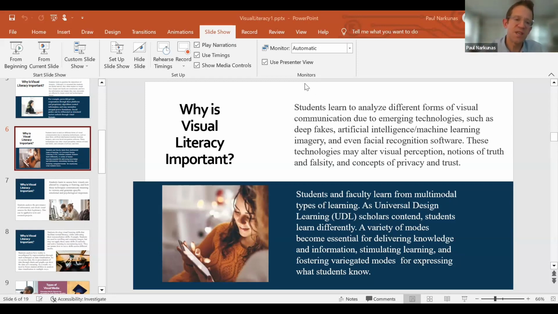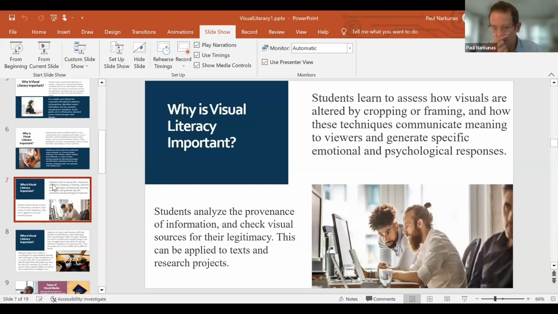This is particularly important in such things as, I'll be going over in a second, the ways in which visuals can be altered by cropping or framing, and how these techniques communicate specific meaning to viewers and generate specific emotional and psychological responses.